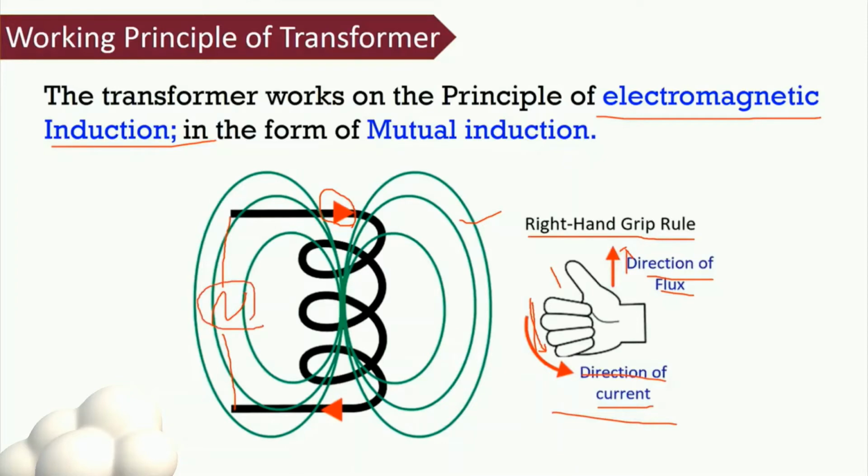Also, the direction of flux depends upon the direction of current. If we supply alternating current across the coil, then an alternating flux is induced across the coil and generates EMF. We can understand the phenomenon by using the right hand grip rule. The curl of the fingers shows the direction of current, whereas the thumb indicates the direction of flux. So this is when we are using one single coil.